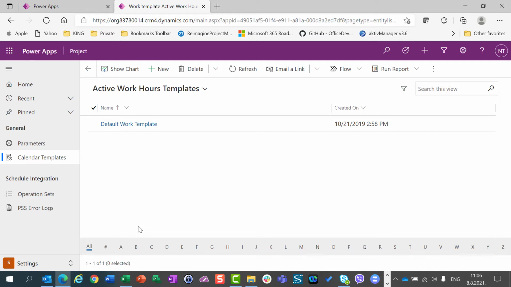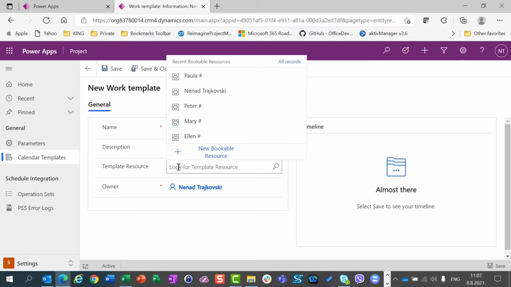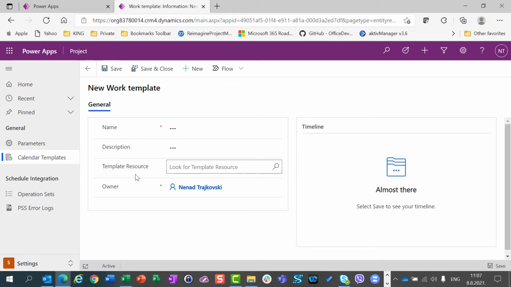Okay, and for that, we can click new, but I can give a name, which I will do. I can give description, but I should have calendar template resource. So for create new calendar template, you should use working hours from some existing resources. And for that purpose, I'm going to create the separate, brand new separate generic resource, which will be used for